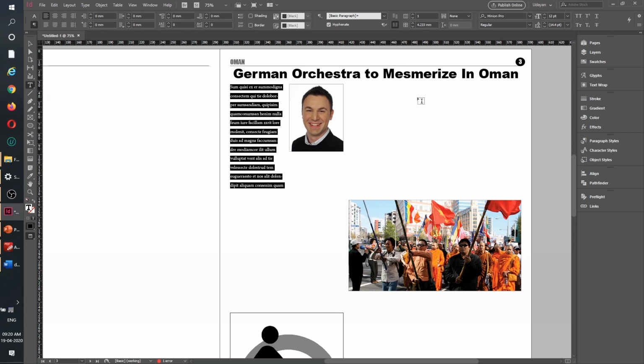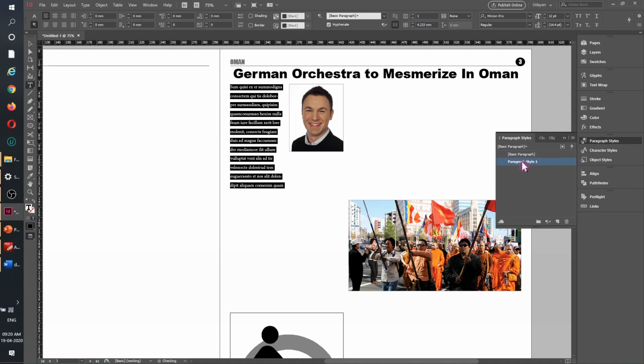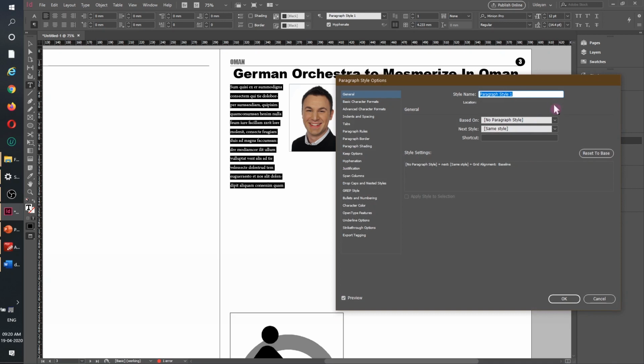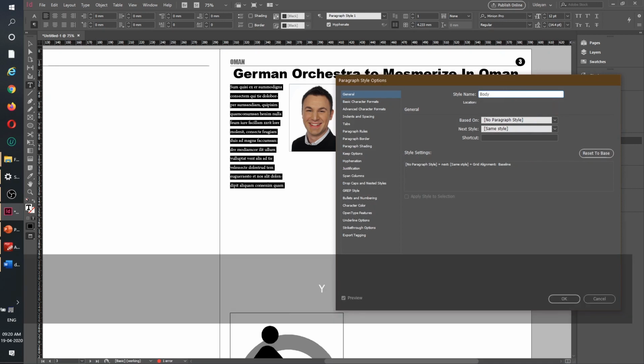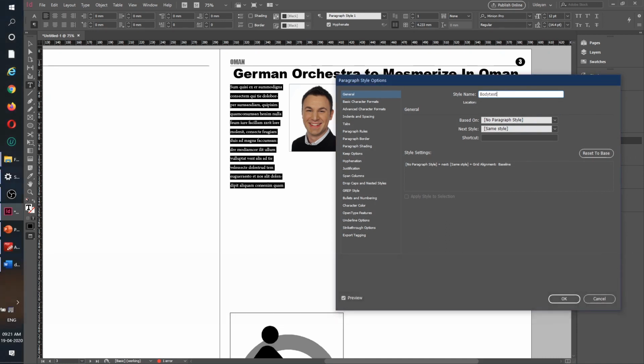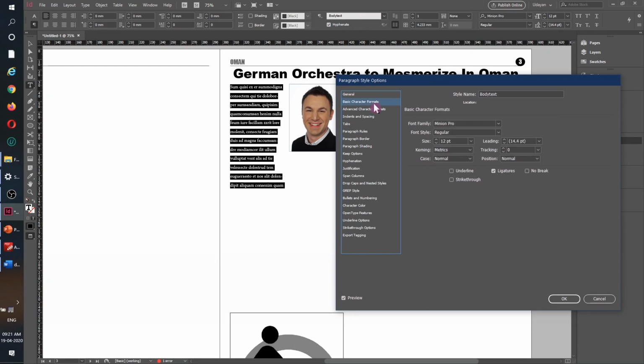And this one we will try to fix by going down to paragraph styles. Now if you think it is leaving too much space here, then we can actually counter for this. First, looking at the paragraph style, we will make a new one, double click and define it as the body text. So I will call it body text. I'll go down step by step. This is not required to have any paragraph style based on any paragraph style as such. So starting from the basic format, I really don't want this.